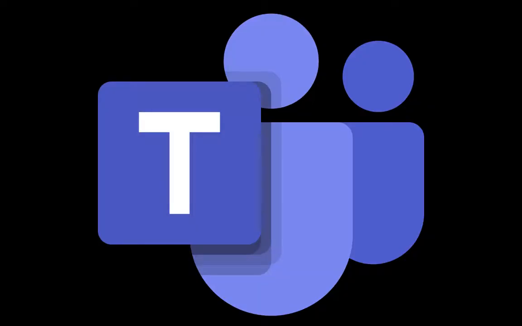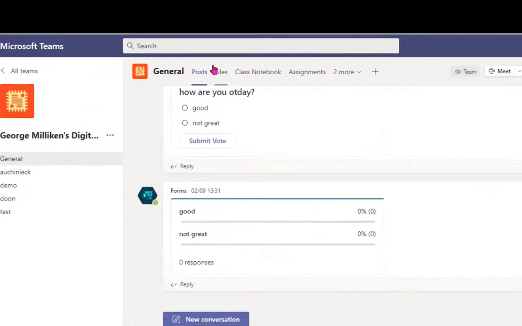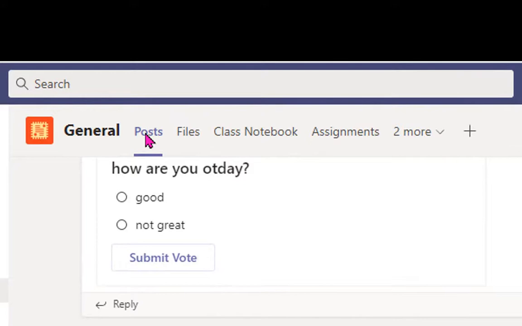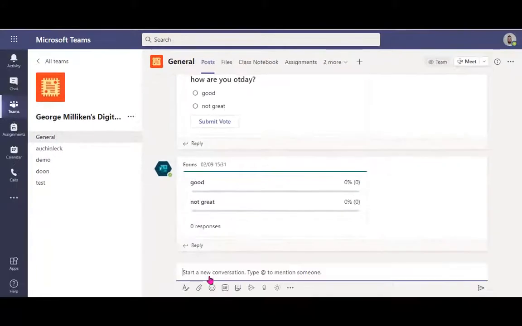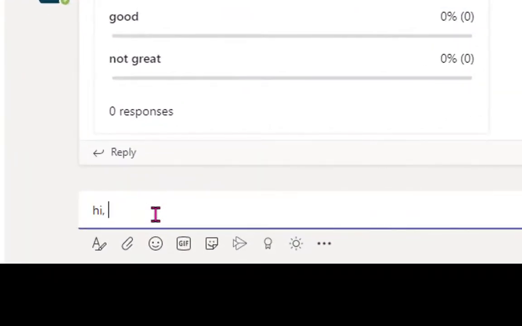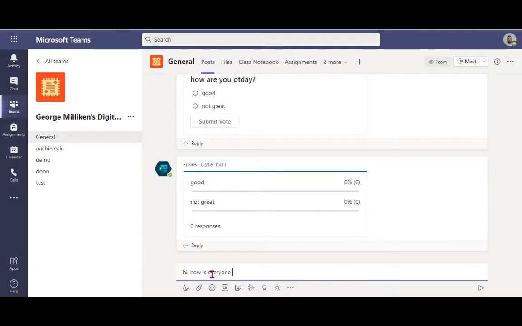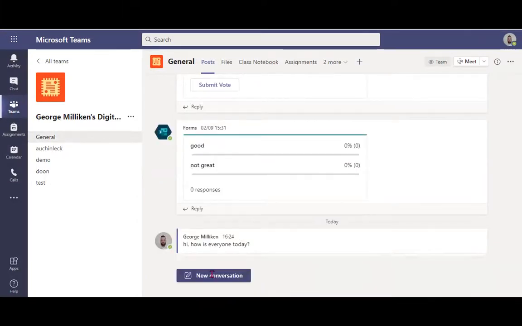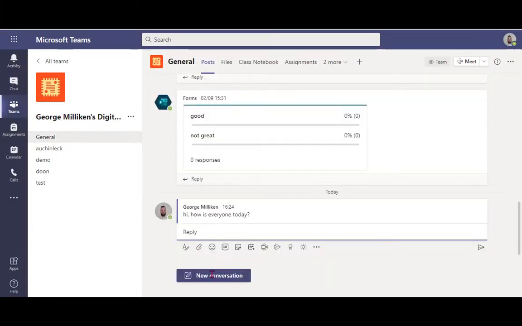Teams, by its very nature, is designed for communication. From the home page here on your team, you've got the option for posts. You can start a new conversation, and that could be a general chat to check in with people,